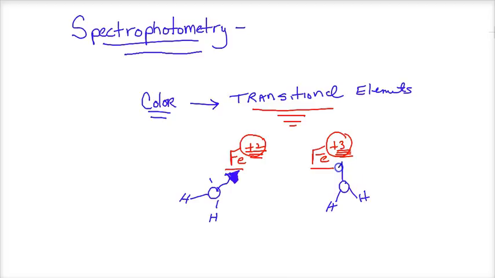And why are they so attracted? Well, for reasons we've explained for the millionth time, Coulomb's law: the force of electrostatic attraction is equal to the size of the charges, q1 q2, over the distance squared. I have to keep mentioning this because the most important part of our class is talking about electrostatic attractions. So having a larger charge, because you can lose more than one electron, as in the case of many transitional elements,